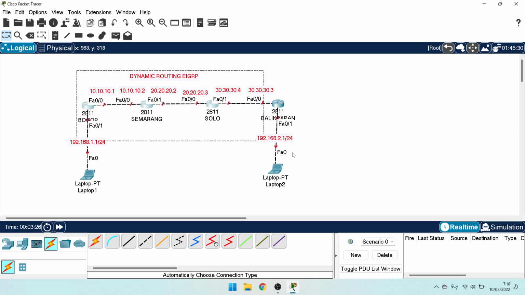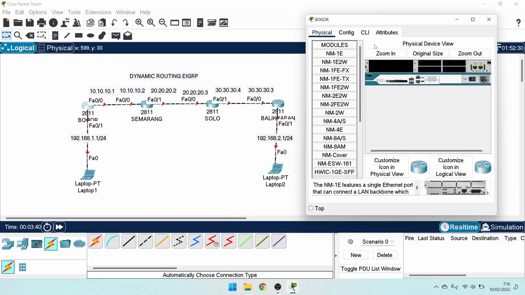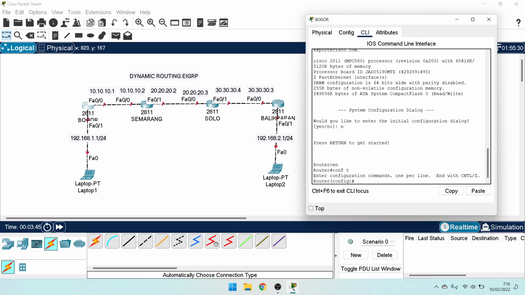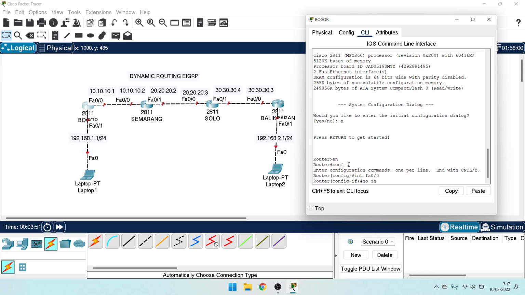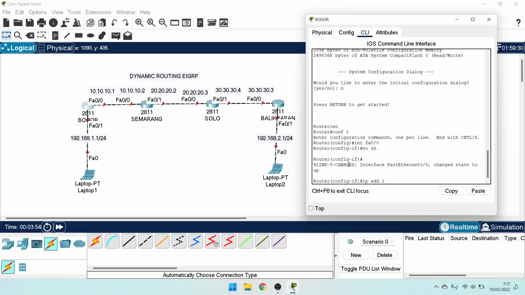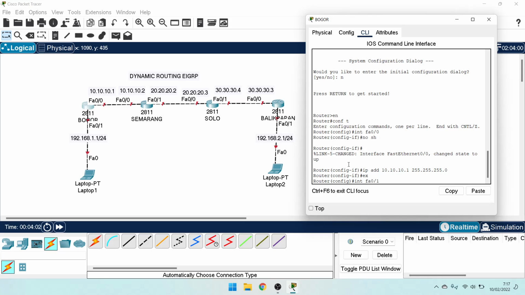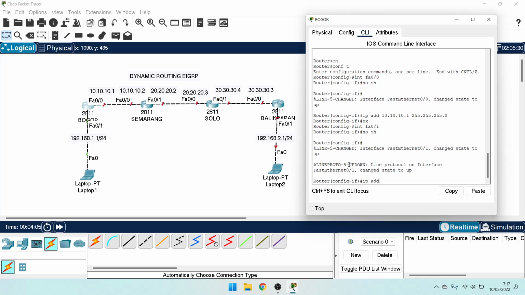Okay, this topology is for dynamic routing with EIGRP. Next, configure the IP addresses on the routers, router by router. Open router Bogor, CLI, configure the basics and the IP addresses. FastEthernet 0/0, no shutdown, IP address 10.1 and subnet mask. Interface FastEthernet 0/1, no shutdown, IP address